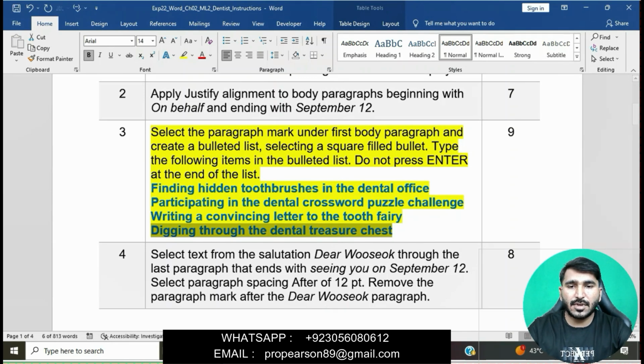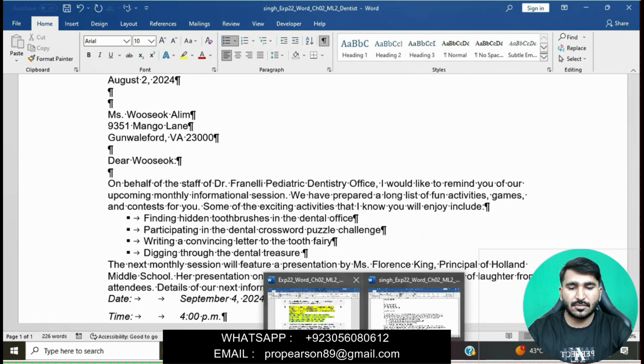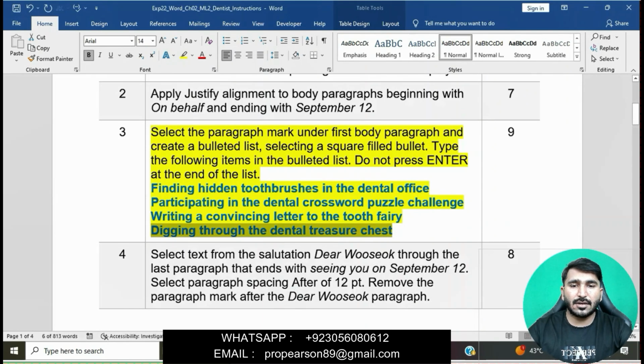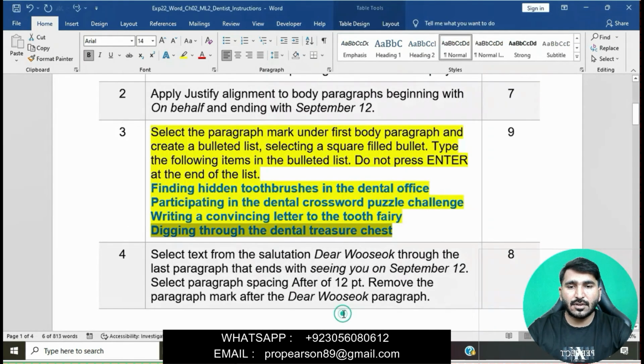Now we will tap here, digging through the dental treasure chest. You can see here treasure chest. I have done this question.